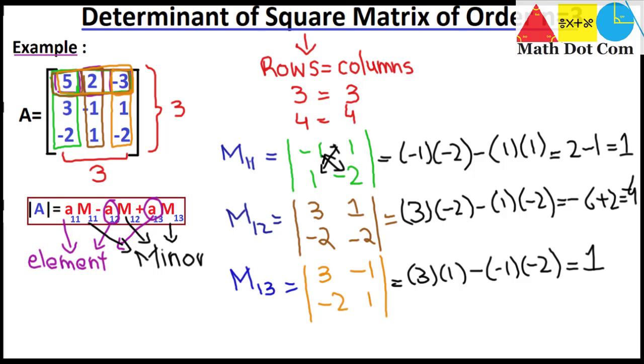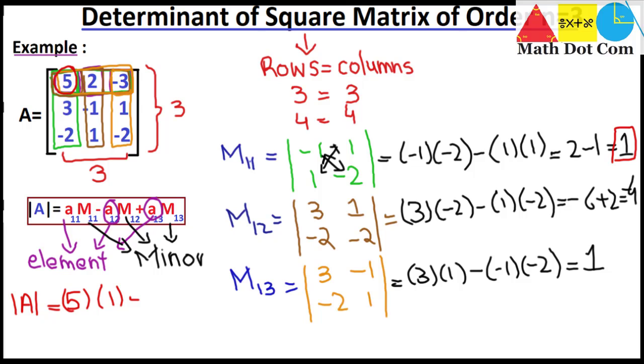So we have got the minors of the elements as well as the elements that are given in the matrix, and now we can easily find the determinant of the matrix by putting these values into the formula. So let's put these values in the formula. What is A11? A11 is the element of the matrix at location 1, 1. So this is the element, that is 5. So I will write 5 and multiply it with M11. What is M11? We have found the minor of the element, that is 1.